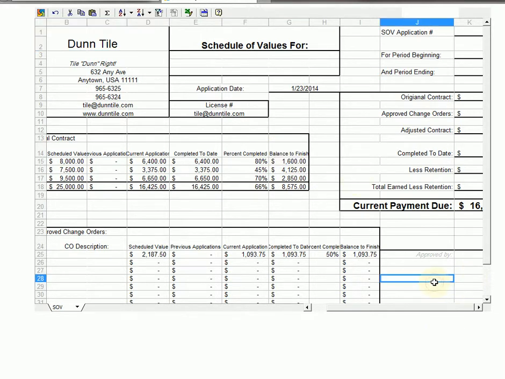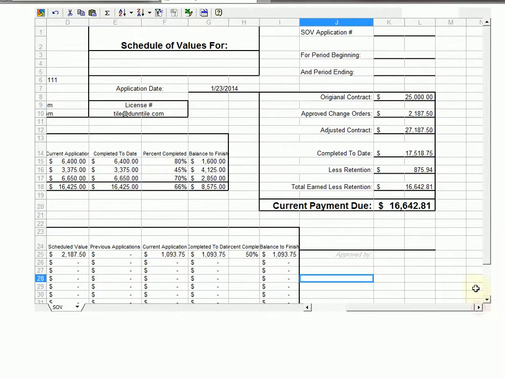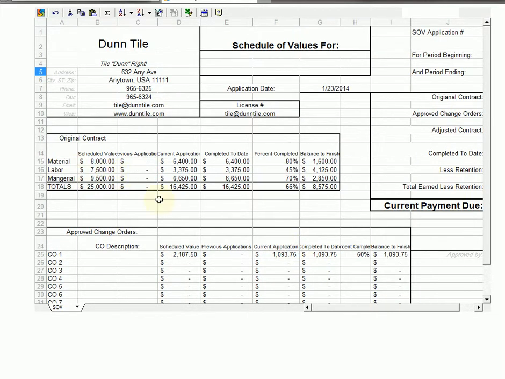I may have to change a few things like the schedule value application, billing period. So there are a few things there that I might have to do, but for the most part, all of that information is updated and ready to go. Okay, so I'm going to go ahead and close this one out